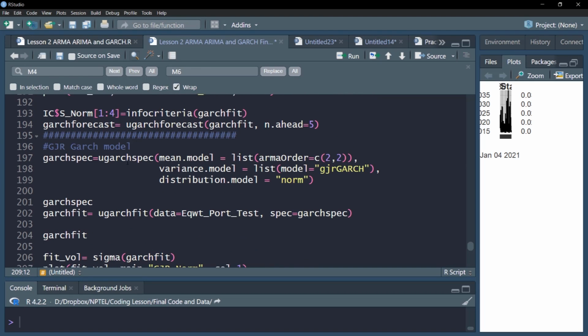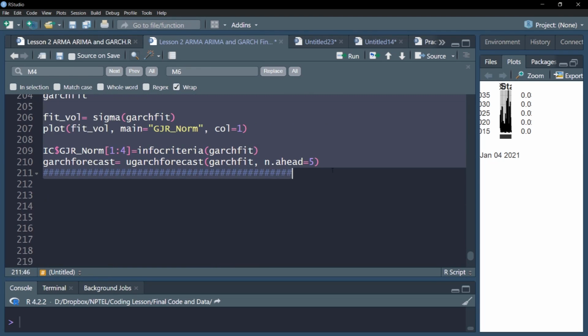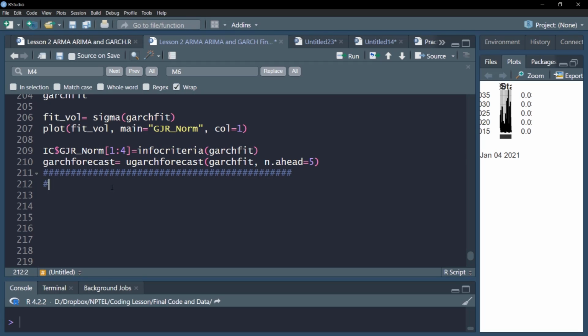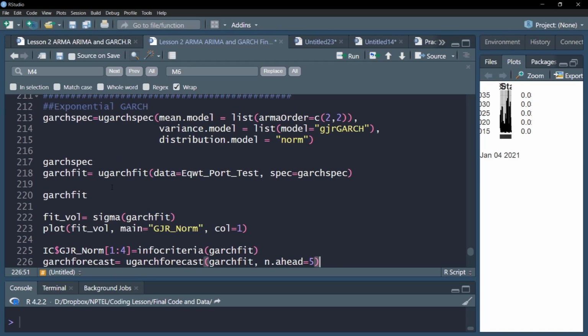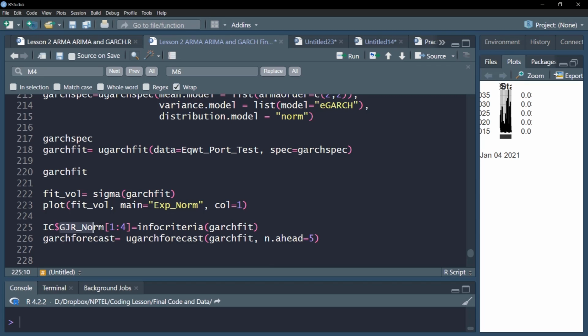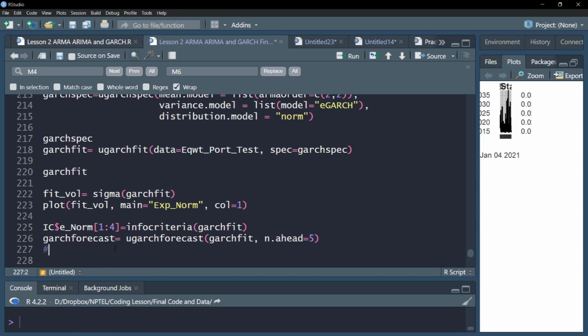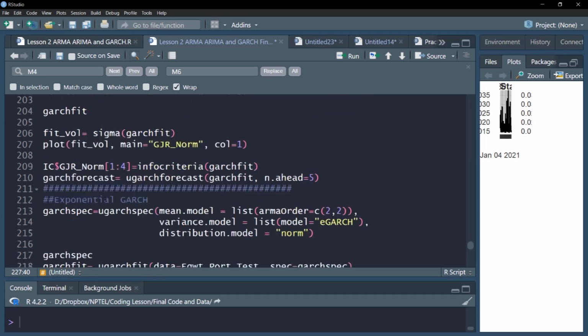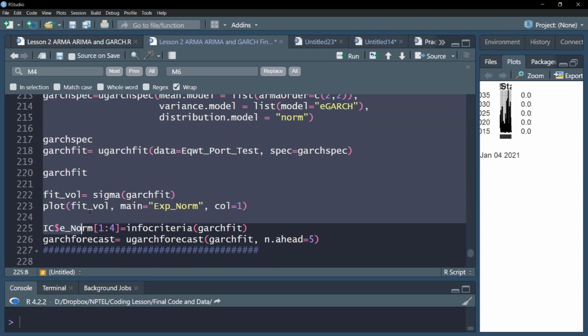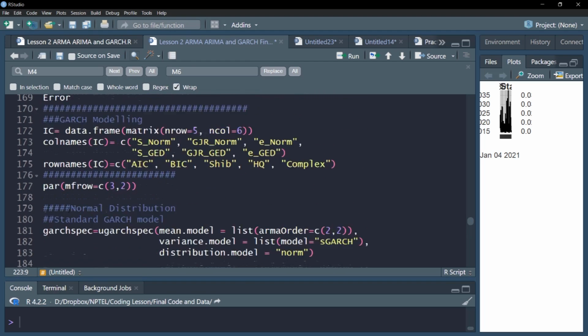Similarly, we have next the exponential gauge, or E gauge. For that again I need to write E for exponential gauge. Again here I'll write exponential, and I need to change here also to E norm. So these are my exponential gauge model details. After this I have created 3 specifications. So now